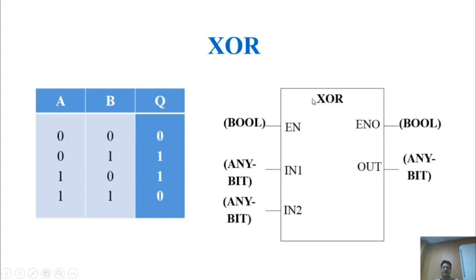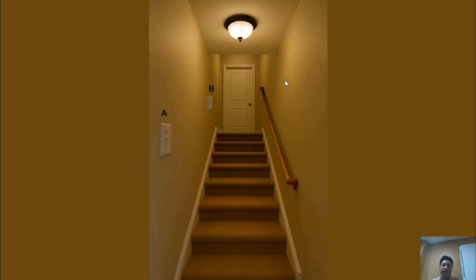Well, in industry, we can use this. Even in lighting systems, this is used in buildings. Imagine, for example, as you can see in the picture, we have a staircase. Usually, in staircases, they put a single pole switch at the beginning of the stairs and one at the end,